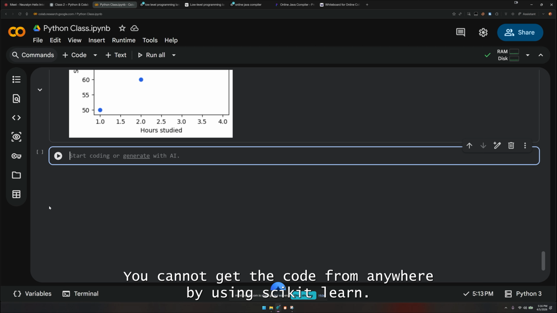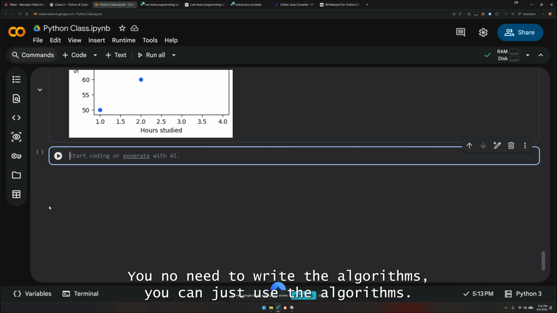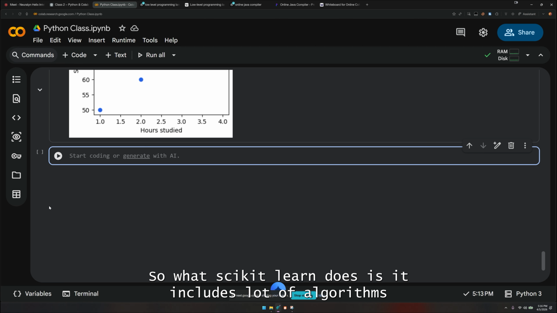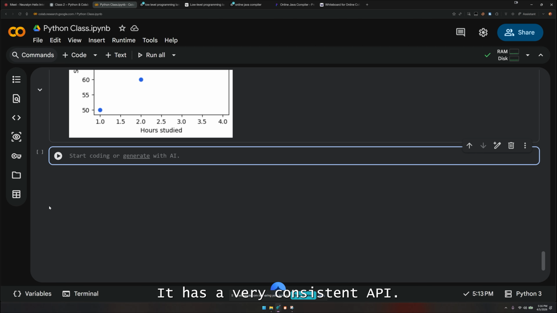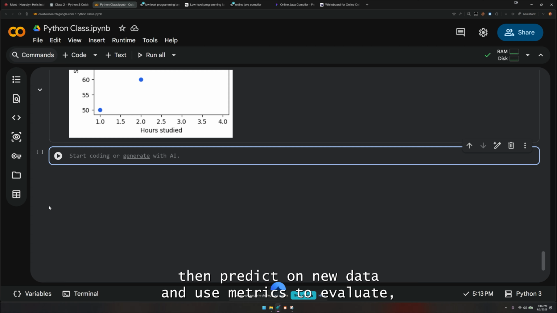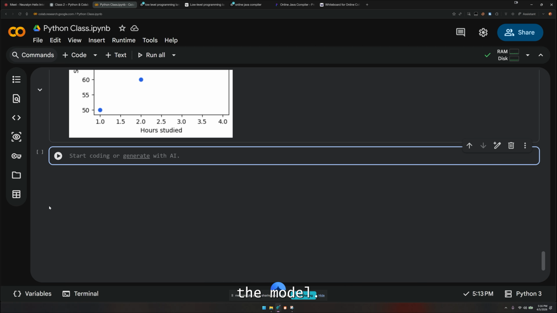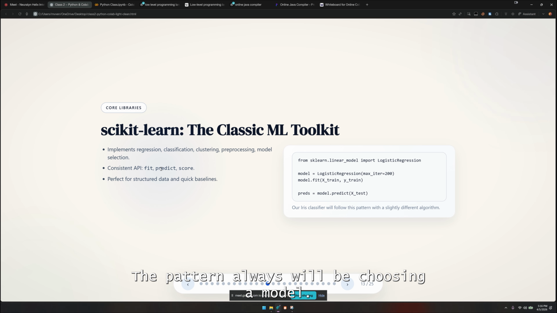By using Scikit-Learn, you need not write the algorithms. You can just use the algorithms. Scikit-Learn includes a lot of algorithms like regression, classification, clustering, and pre-processing. It has a very consistent API. You fit on training data, then predict on new data, and use metrics to evaluate the model. The pattern will always be choosing a model,